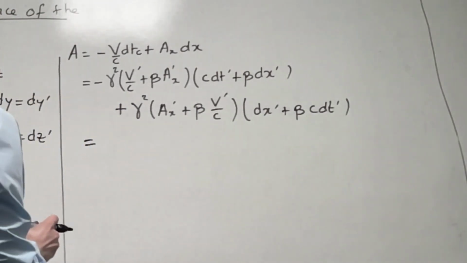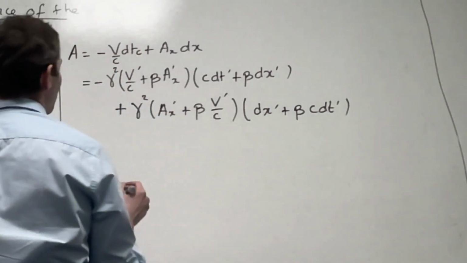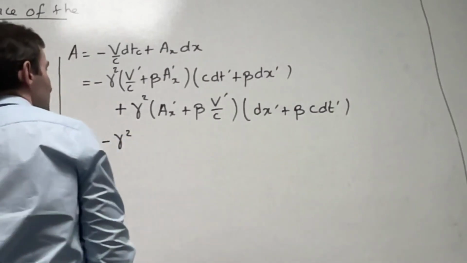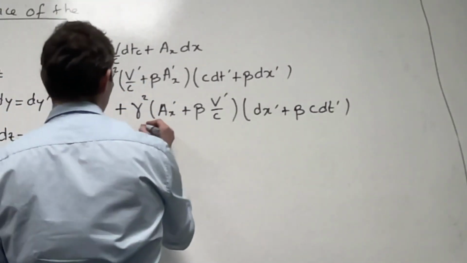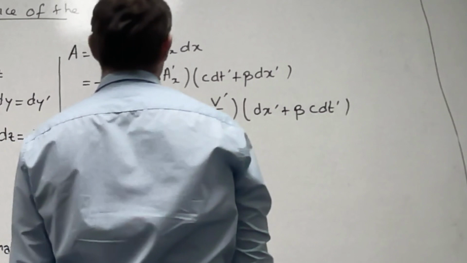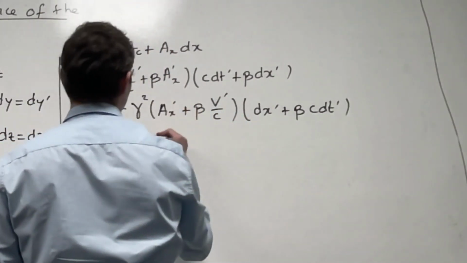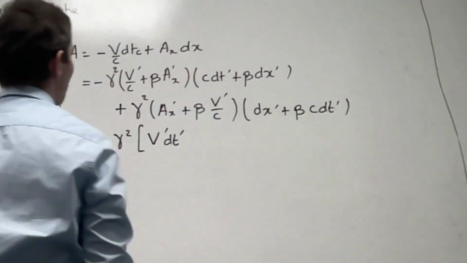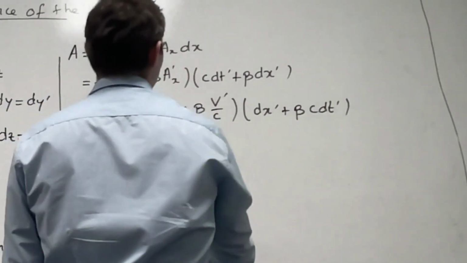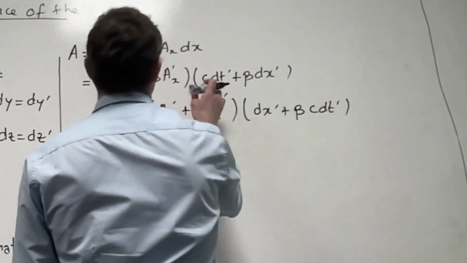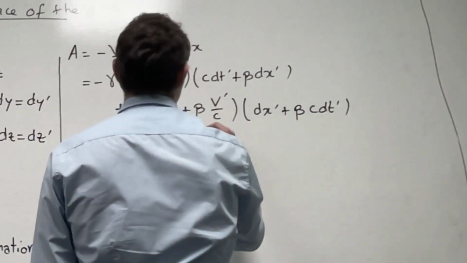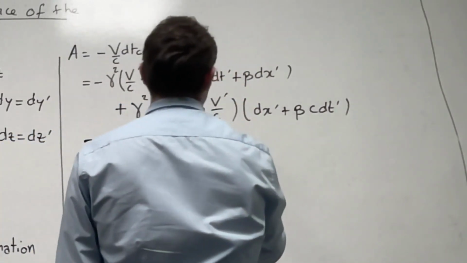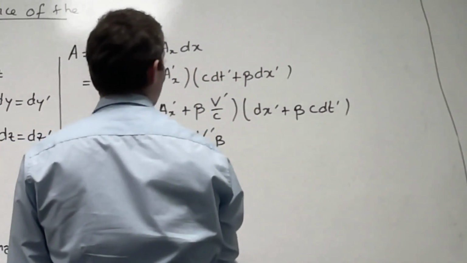So where we land with this. First of all, we are going to get minus gamma squared. So we still are with gamma squared here. And then we are going to get this expression. So here we're going to get v prime dt prime. Okay. Then we are going to get v prime over c. So plus v prime over c beta, beta dx prime,